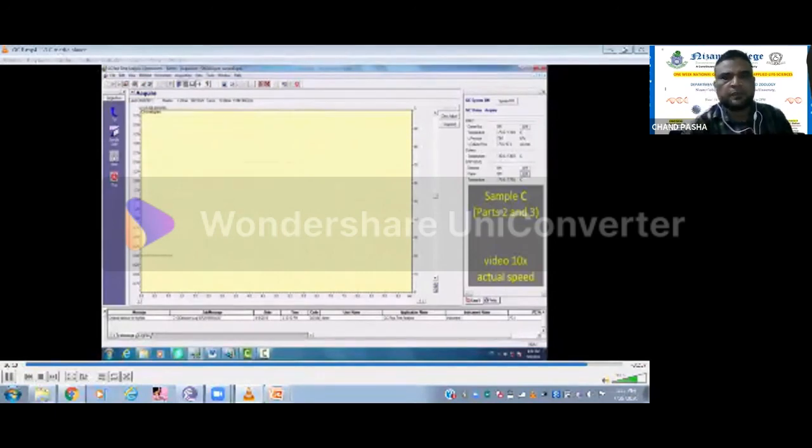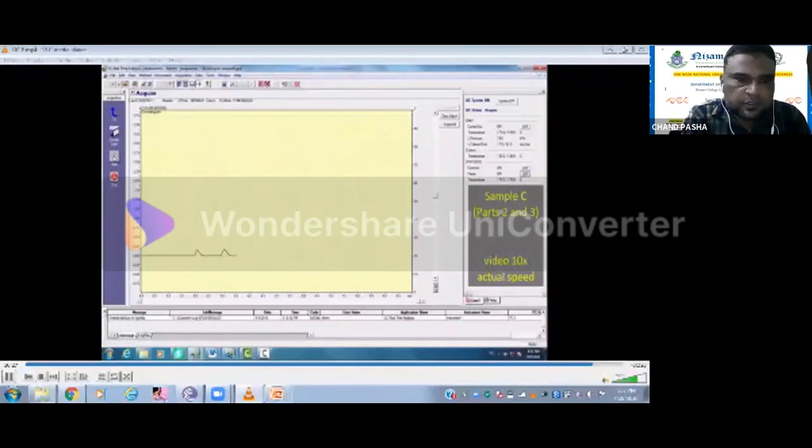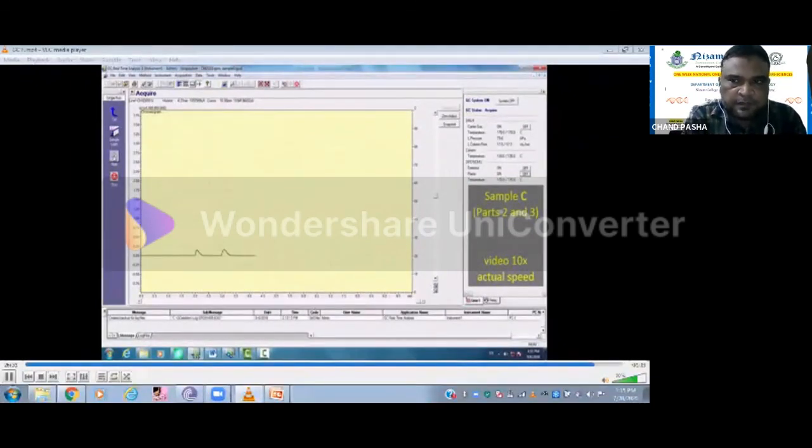Sample A, sample B, sample C we are doing, and sample A is one compound, sample B is one, and sample C is having both the things. We are doing here acetone plus benzaldehyde, I think, methyl benzaldehyde. So you got both the peaks, and retention times we'll see.